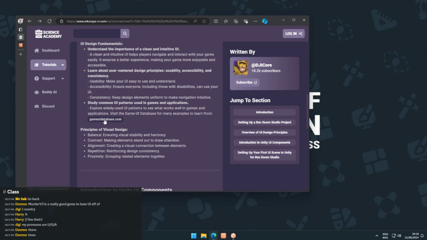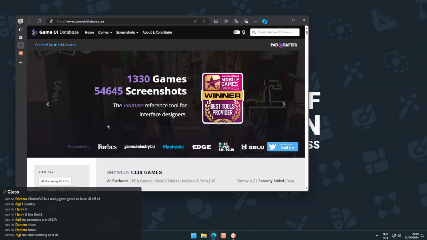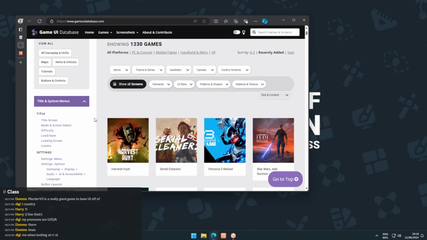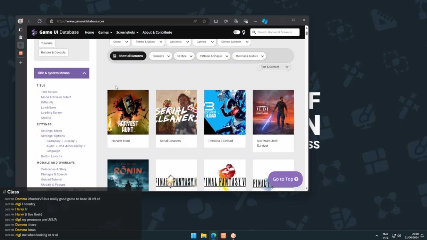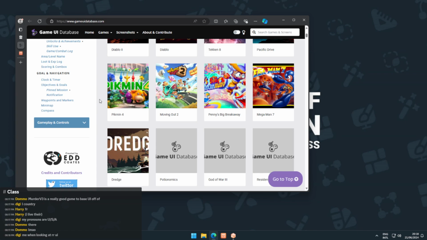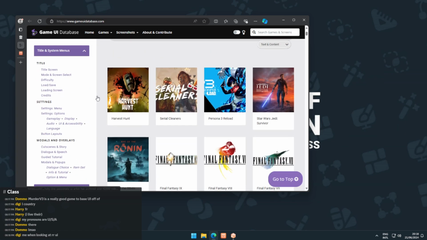And a very good website that I put here is the Game UI Database. So the Game UI Database is a very good website for checking out UIs from other games. They have loads of games on here. For example,